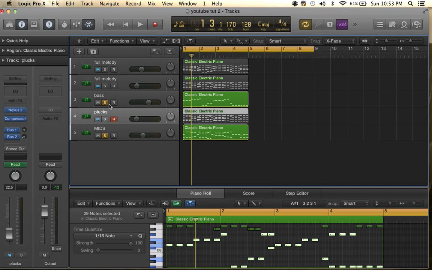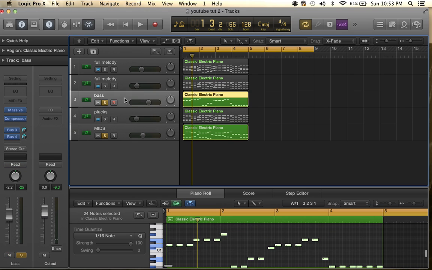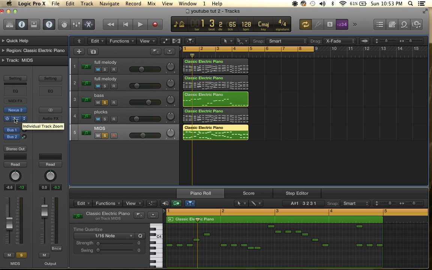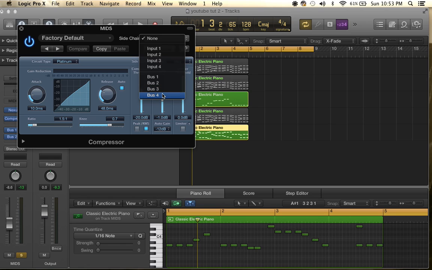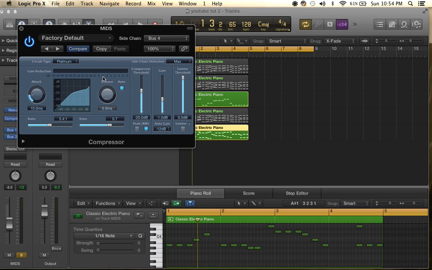And I'm going to compress these to the bass. By doing that again, I'm going to open the compressor, and then sidechain it to the bus 4. Our magic number is 4 or 5 for the ratio. Again, the release, you have to drive it up to 900, because if you don't, it'll do this thing where it sounds like it's busting out of the compression, where the sound just busts out of the compression.